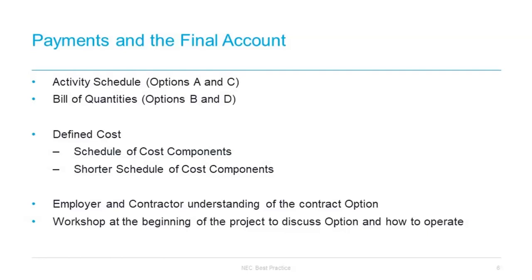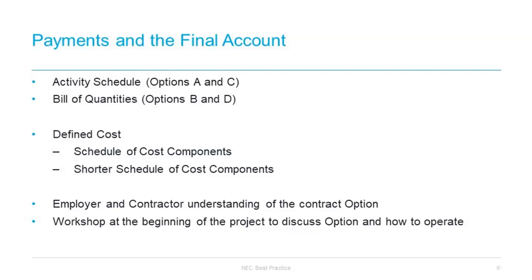One idea that we have discussed regularly with clients is the idea of holding a meeting or workshop at the start of a project where each party talks through the contract option and process to be followed under the contract. Who should do what and when, how to deal with a dispute if one arises. This can ensure that both parties are really on the same page at the outset as to how the contract is to be managed on a day-by-day, week-by-week basis. And it can open a line of communication between parties early on, which might be helpful in preventing disputes from escalating to adjudication, and can make sure that key principles are followed throughout the operation of the contract.